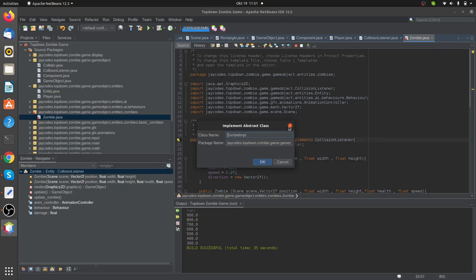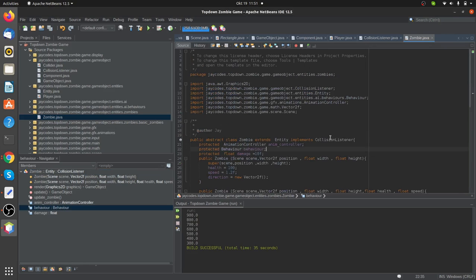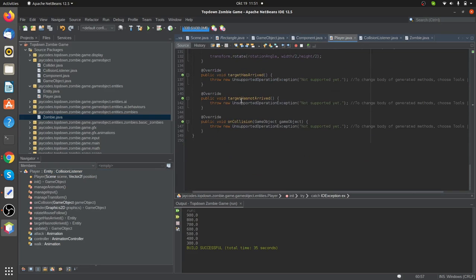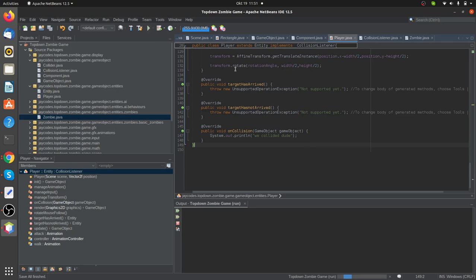And pretty much you can leave it like this, and now inside the player, inside here we can simply say if we collide, we collided, dude. So when we collide, we simply want to display we collided, dude. And if we go to run this and we run it,